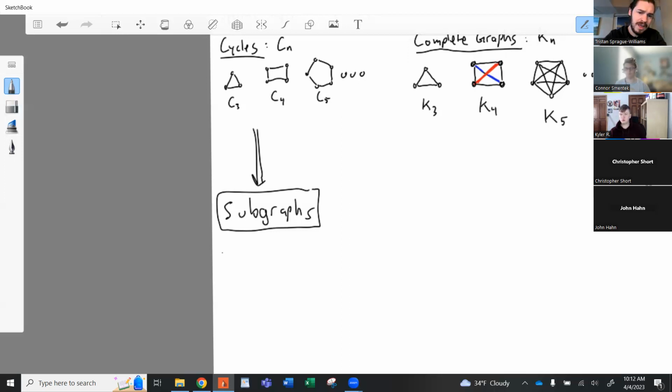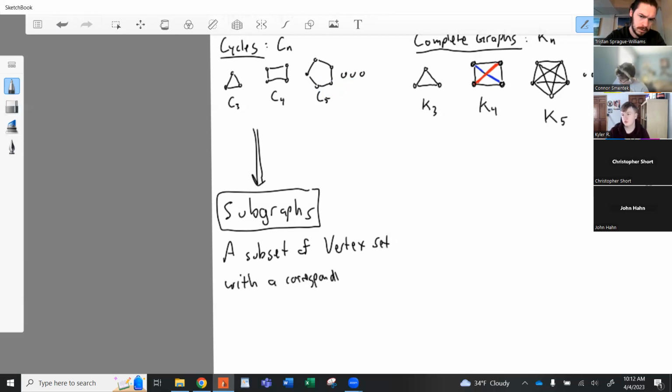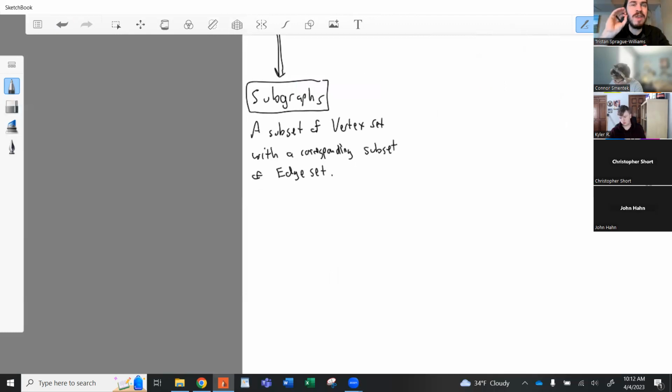So a subgraph is a subset of the vertex set with a corresponding subset of the edge set. So it's like a graph within a graph. If you have a large graph with lots of things going on,